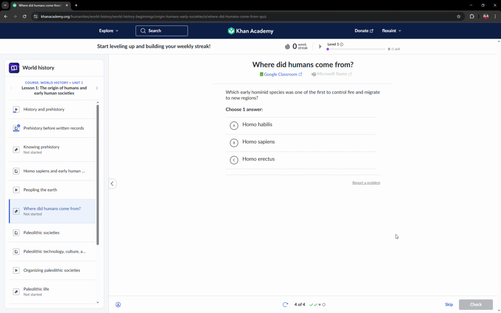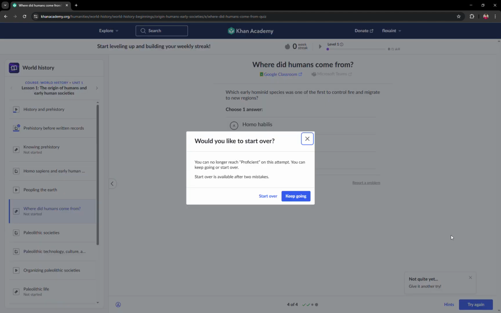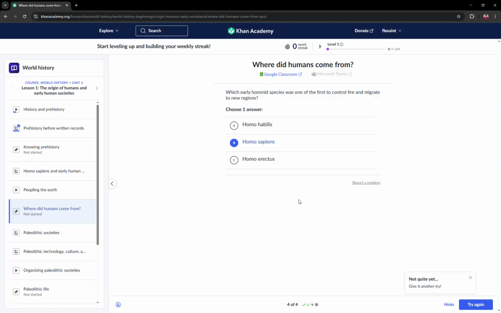So let's try to answer this final question. Which early hominid species was one of the first to control fire and migrate to new regions? If we're going to try this, my answer is letter B. It is wrong.